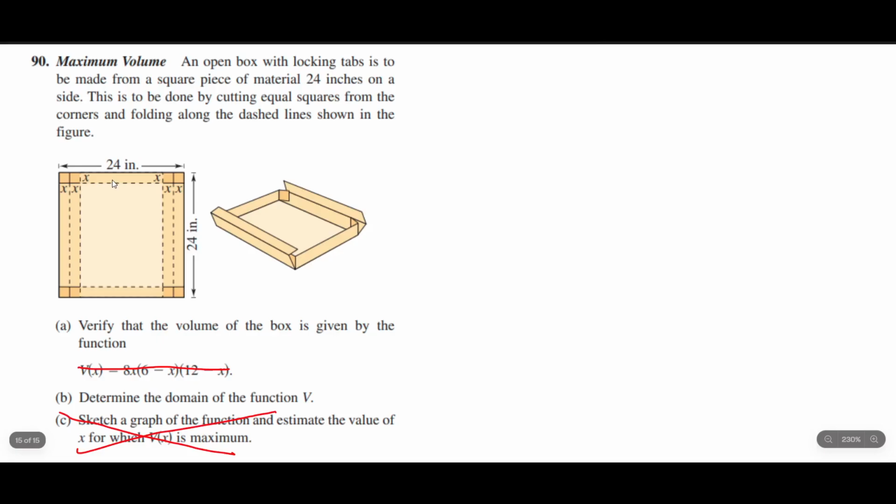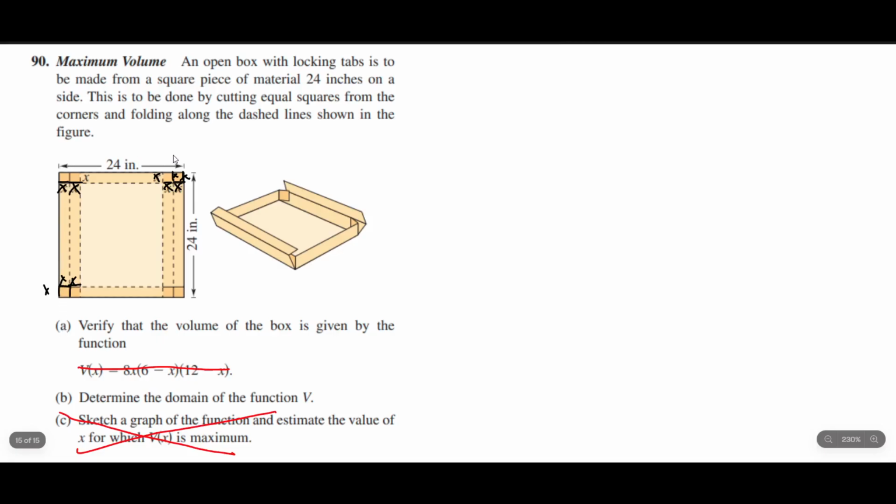Let's not trick ourselves here. This is x inches. Let me use black marker here. This is x inches, and this is x inches, and so on around every corner. This will also be x. You get what I'm saying. They're x by x squares. So, if you want to tell me right now,